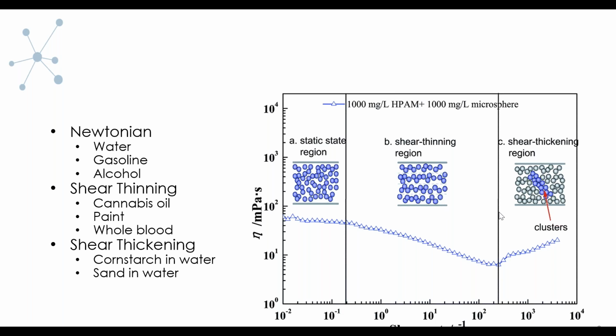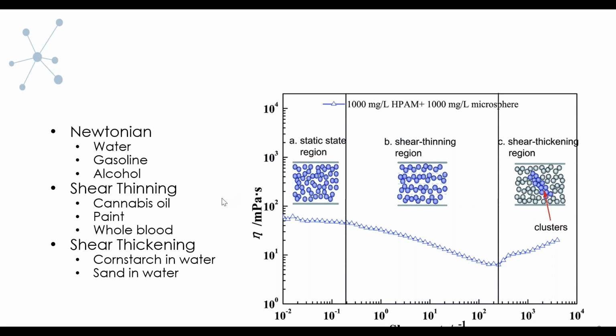However, with shear thickening, you have cluster formation. You may have some areas that are lined up, but then the molecular interaction between the molecules can cause a cluster, which you can think of as kind of like a roadblock. This prevents the different molecules from sliding over each other, and that is reflected as shear thickening.